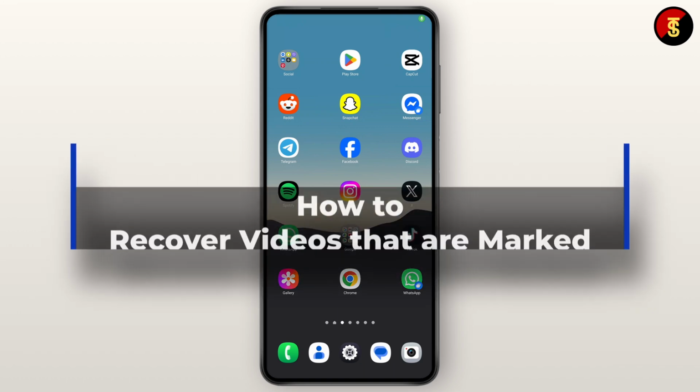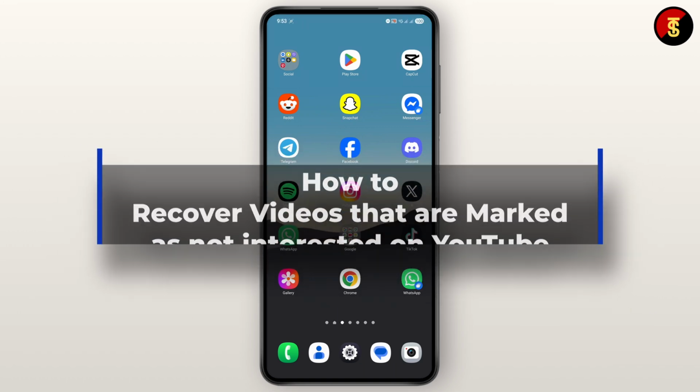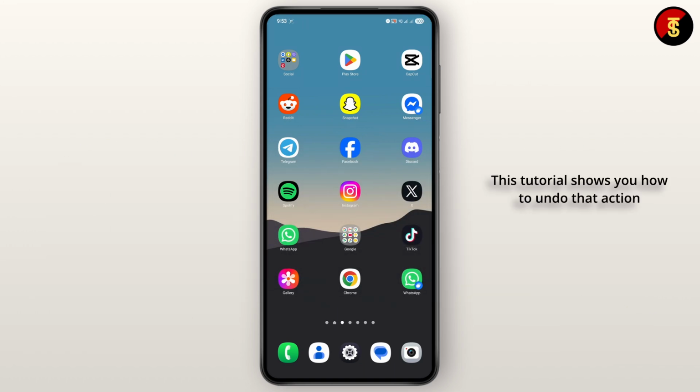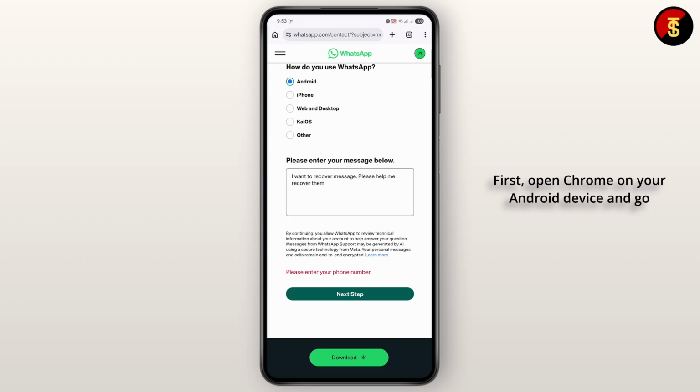How to recover videos marked as not interested on YouTube on Android. This tutorial shows you how to undo that action and get those videos showing up in your feed again. First, open Chrome on your Android device and go to